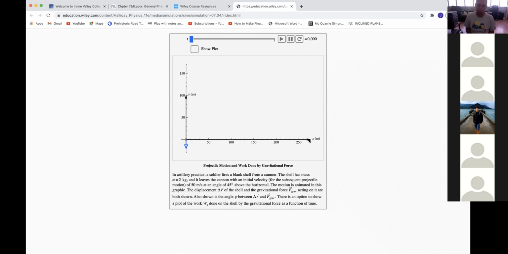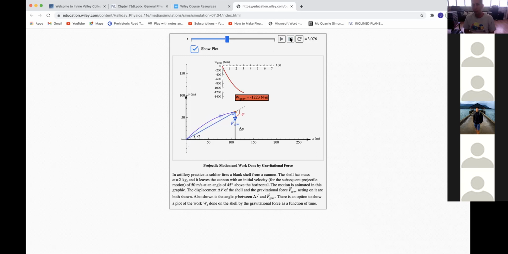Whatever the initial y velocity was, the final y velocity is that velocity with a minus sign. So the work done by gravity is going to be mg times the change in height. But as it goes up, the work done by gravity will be negative, because gravity and the displacement in the y only, the displacement in the y is positive up, gravity is negative down, the work will be negative. Once it reaches the top,